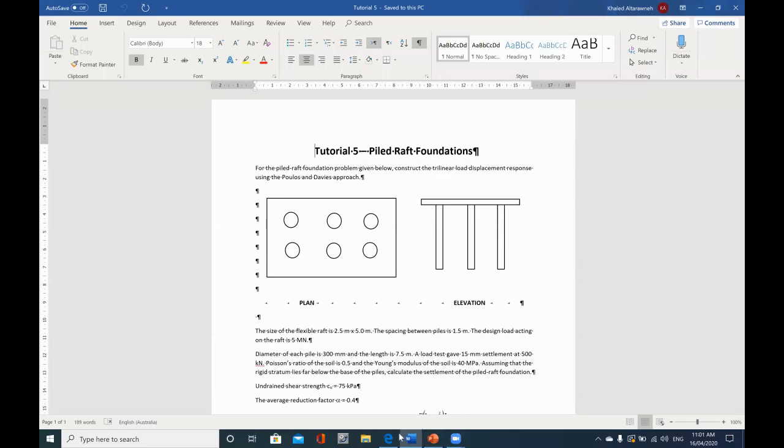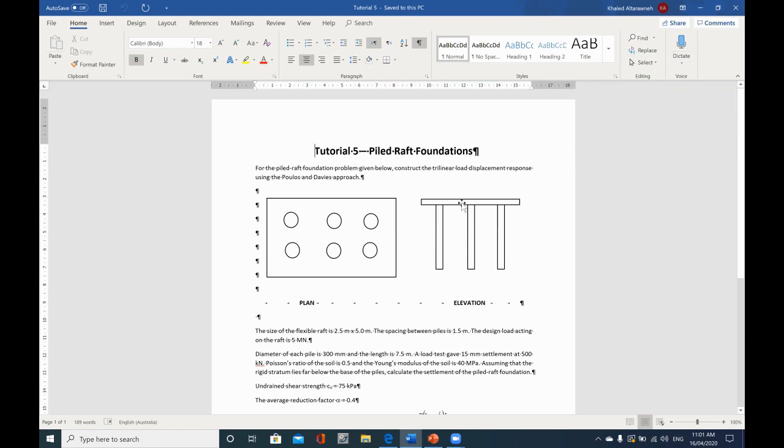We shall start now. In today's lecture, we only have one question. It's for the calculation of the settlements of pile raft foundation systems. For these systems, we're going to consider the settlements of the raft by itself, and then the pile group, and then we're going to combine the settlement of both systems, the raft and the pile group,